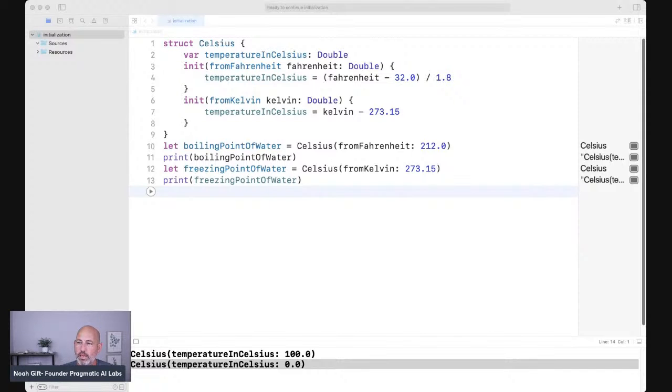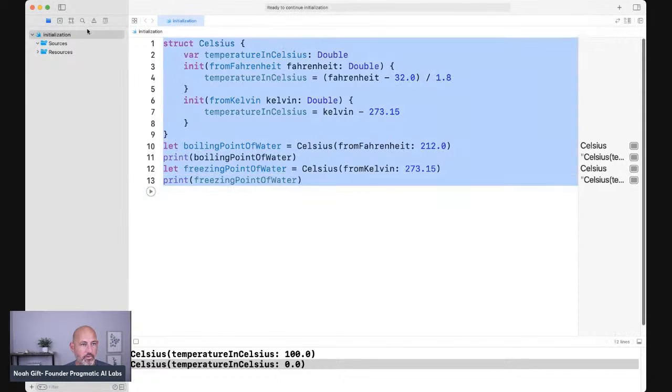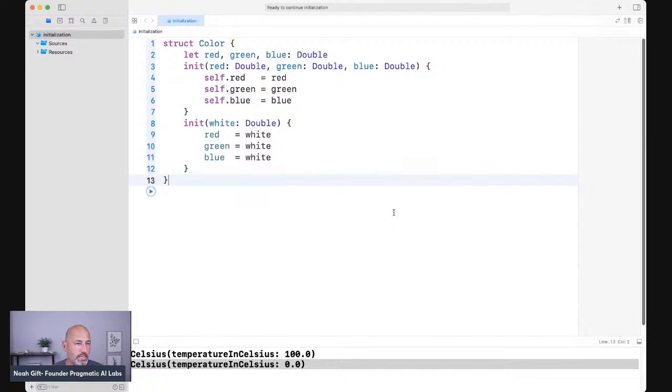So we have a new example, which is a struct that has color. We have let red, green, and blue. So basically make those immutable, but then go ahead and initialize them. And then we also have init white, which is red is equal to white, green is equal to white, blue is equal to white. So basically both of the initializers can be used to create a new color instance by